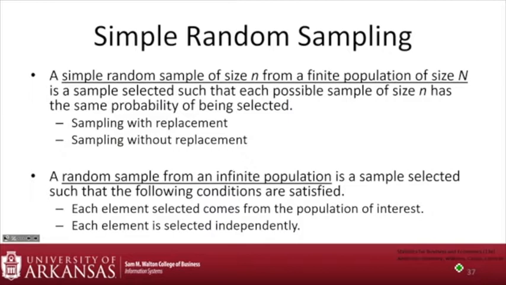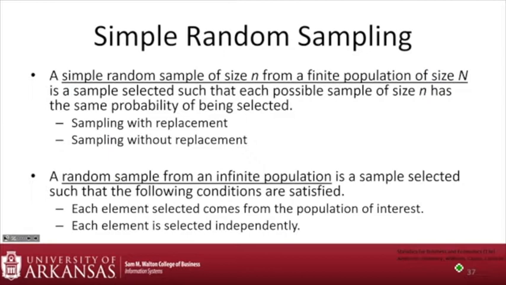People occasionally make a very big deal about sampling between a finite population and an infinite population. We just want to keep in mind that those are a little bit different. We're not going to get into the math of how to do it. But when there's a finite population, you can assign everybody a number, do a random number generator, that's great.